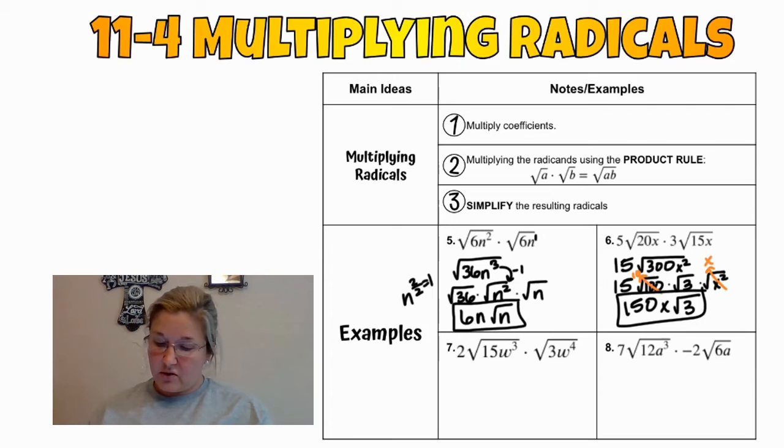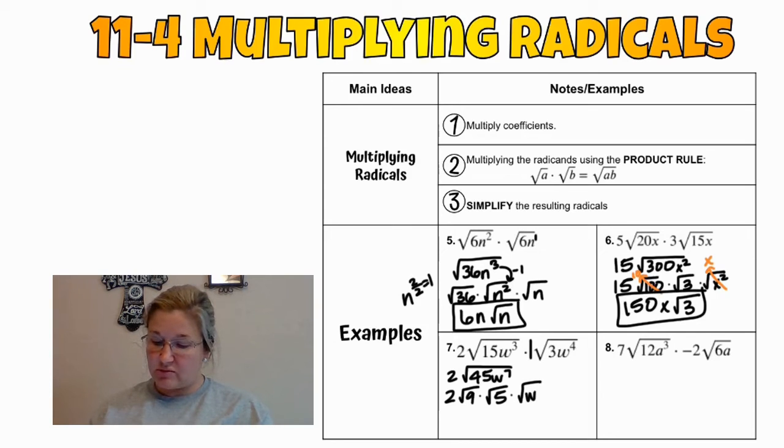Okay, now let's look here. So I have one coefficient, so this other one is a 1, remember. So I'm going to have 2 times a 1, which is 2, times the square root of 45, w to the 7th. So 3 plus 4 makes your 7 there. So I'm going to go ahead and split 45. There's a perfect square in 45, and that's 9. So I have 2 square root of 9 times the square root of 5 times the square root of w